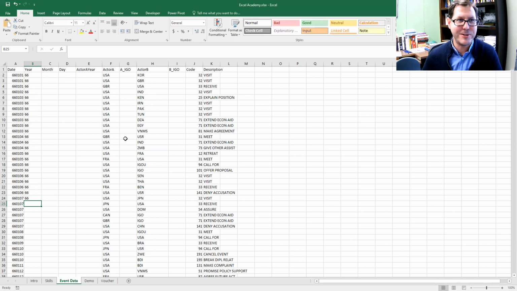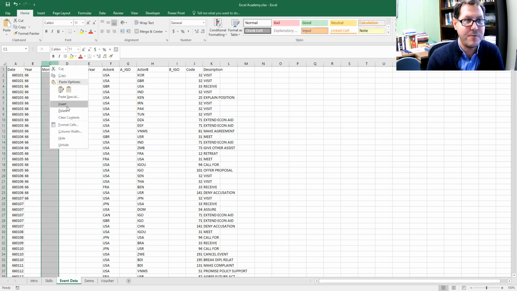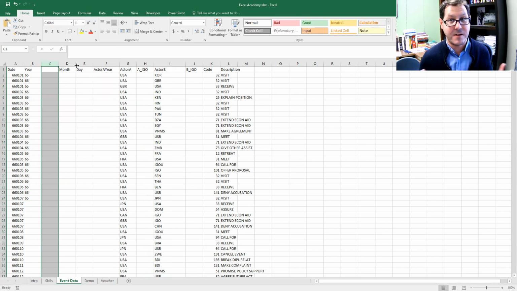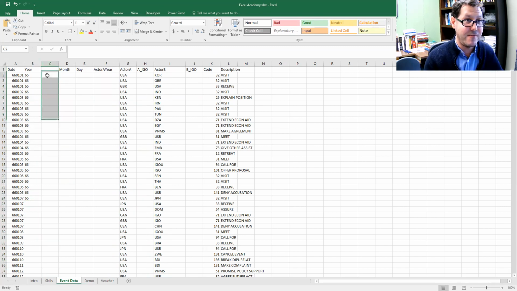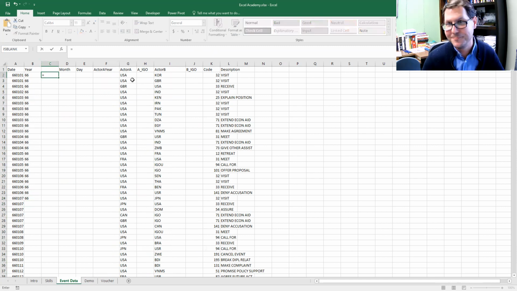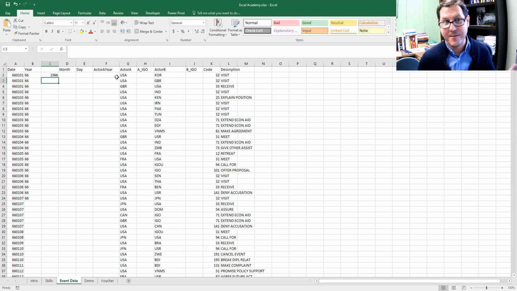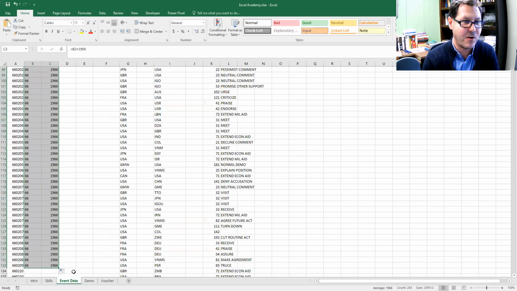However, I don't always want just the year of 66. I want to remind myself that this is 1966. Most often our date formats have more than 2 digits. So I can adjust that, and I can take whatever I have over here in B2 and add 1900 to it. And so now I've created a date that looks kind of like what I would be wanting to work with. And I can, again, copy and paste all those down as far as I want. And I always have my 4-digit